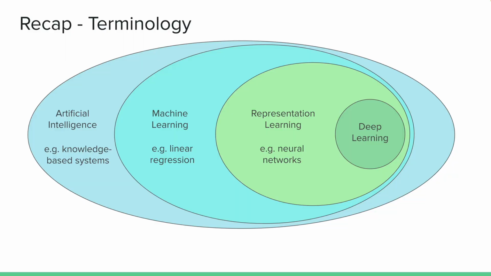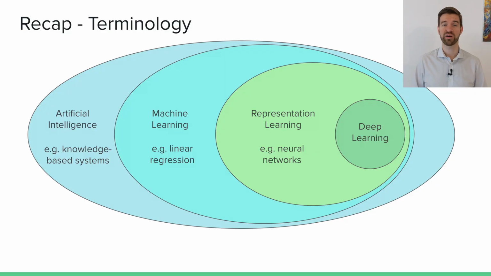On the terminology, I've given you the term artificial intelligence, which I believe is mostly a marketing term, and basically any knowledge-based system could be considered artificial intelligence. I personally would refrain from using this term because it's quite unclear what actually is intelligence and what artificial intelligence therefore is. However, there are things that are clearly defined, like machine learning, which is using data to answer questions,